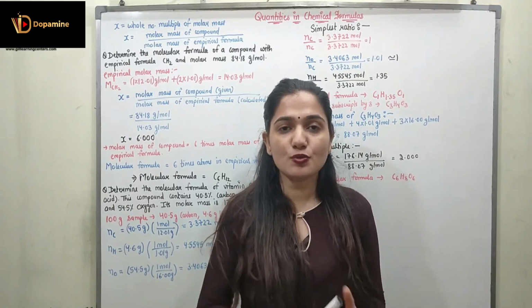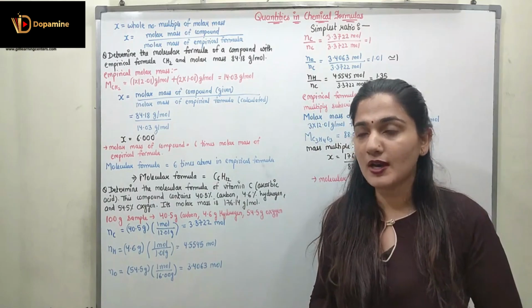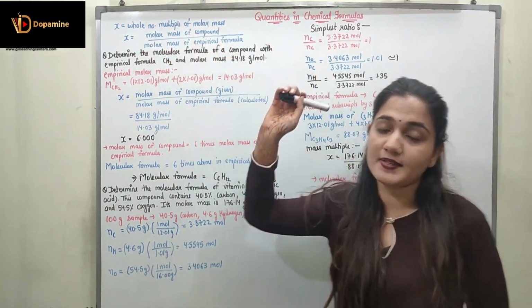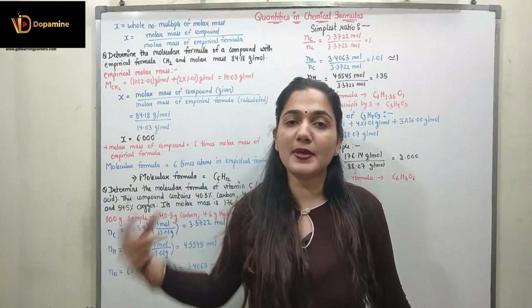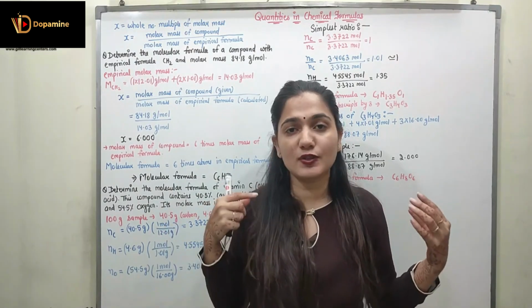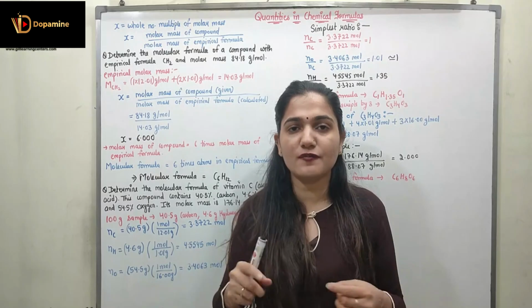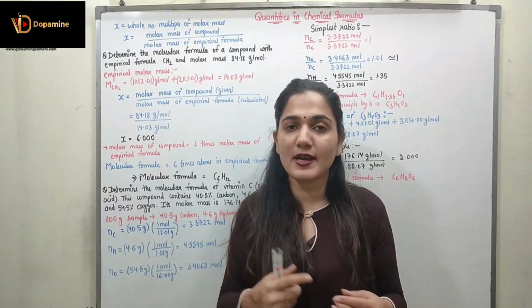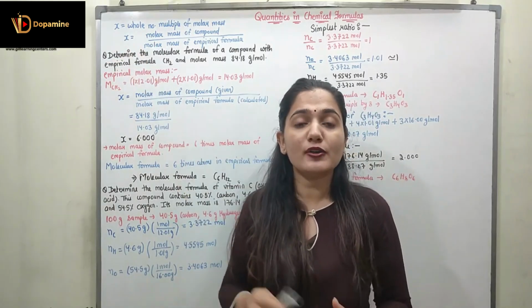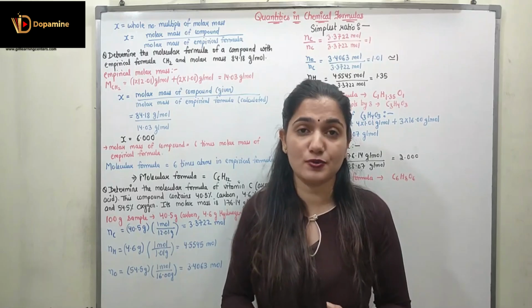Right, so we are going to discuss two sample problems over here, and both of them depend upon a formula where we find the whole number multiple of the molar mass. When we convert the empirical formula to the molecular formula, we have a whole number which is multiplied to the subscripts of the empirical formula atoms. So if the atoms have the subscripts x, y, z and the value of this whole number is 2, the molecular formula will have the subscripts 2x, 2y and 2z.